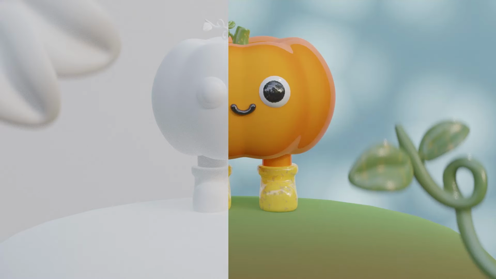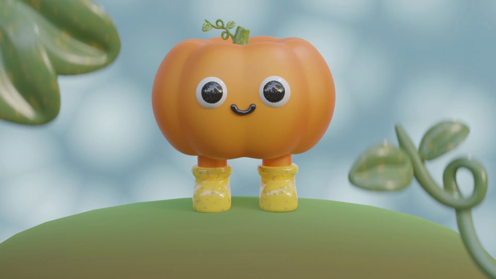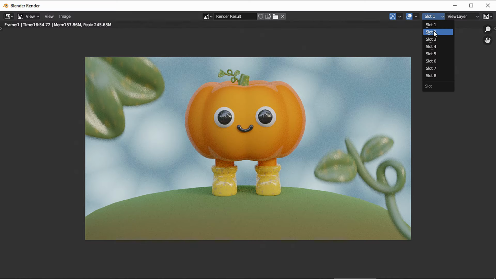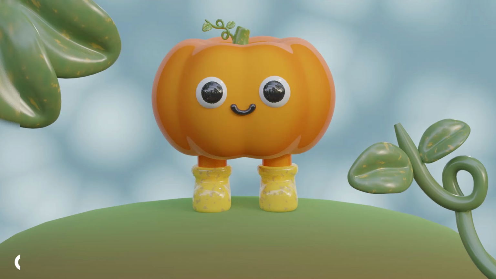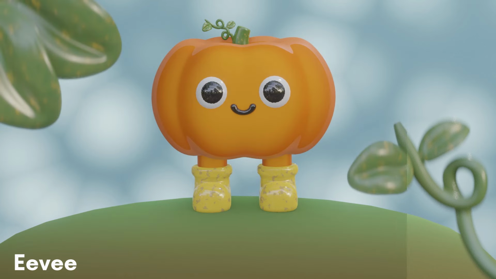Today we're gonna model this scene from scratch. I'm gonna cover every single step and I will also show you some variations for some materials, for the lighting and for the rendering. I might have talked a bit too fast in this video, but remember you can always pause it, and I used very simple techniques, so I'm sure you'll be able to follow along.